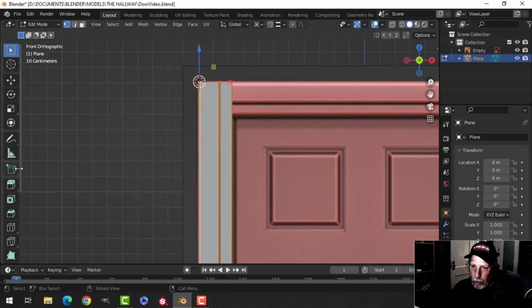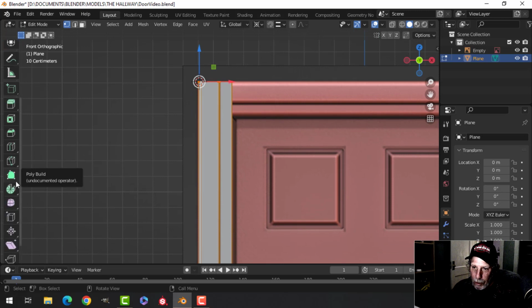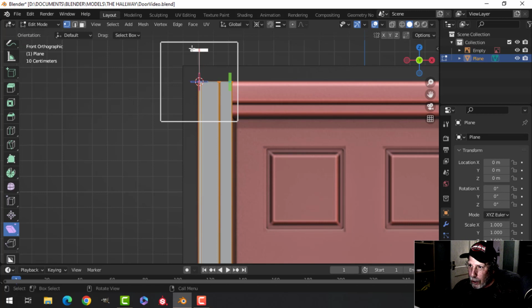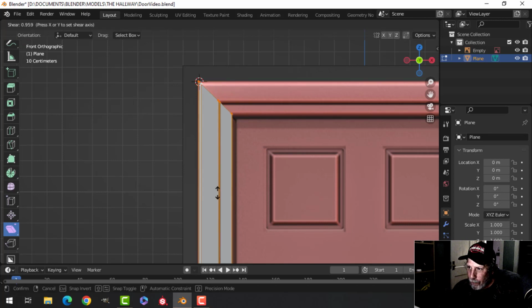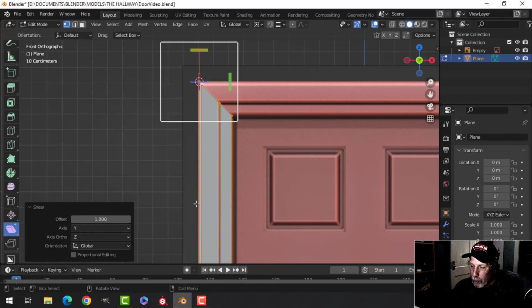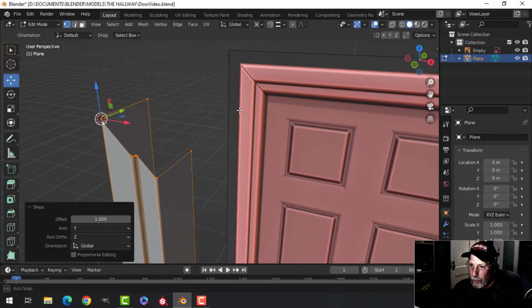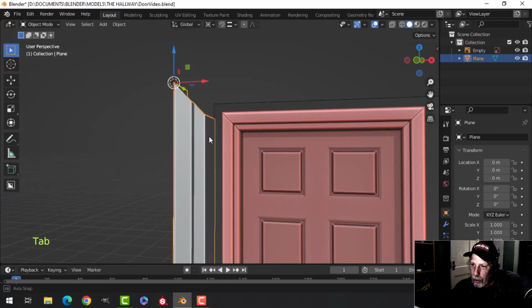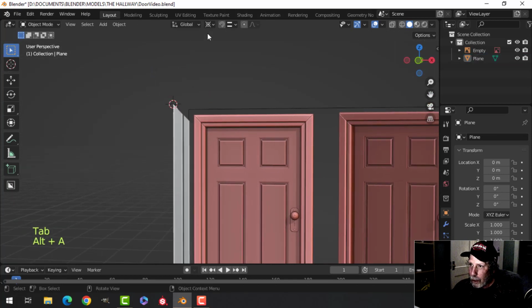I'm going to use the shear tool, so down here on the side, I'm going to scroll down until I get this one here, shear. And you can see that this has popped up. I'm going to grab this green and pull it down like that. Let go, and then open the dialog box, and I want this to read 1. So just plug in 1. I'm going to scroll up, come back to here, and I've angled that down, as you can see there. Okay, I'm going to put that back,